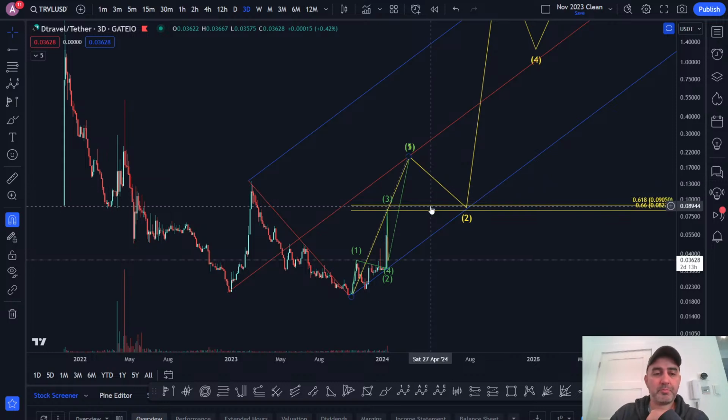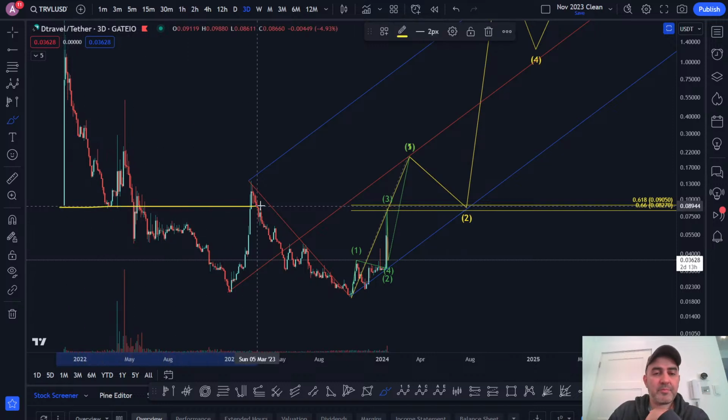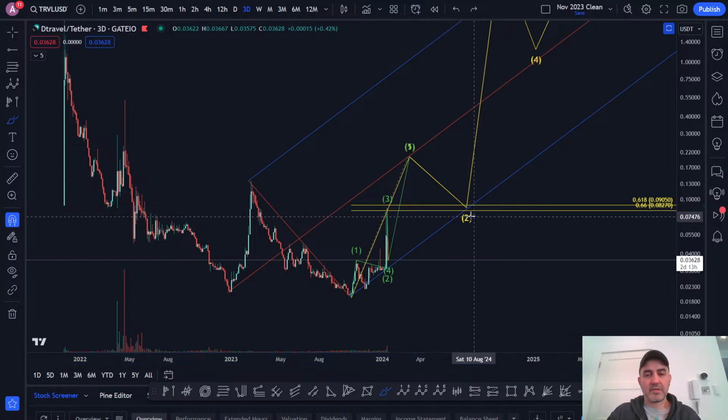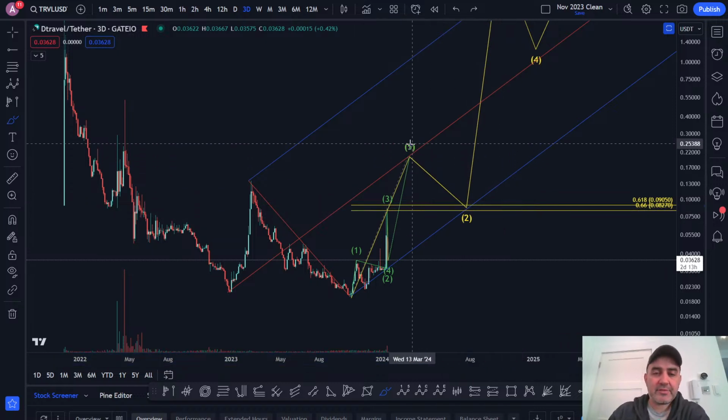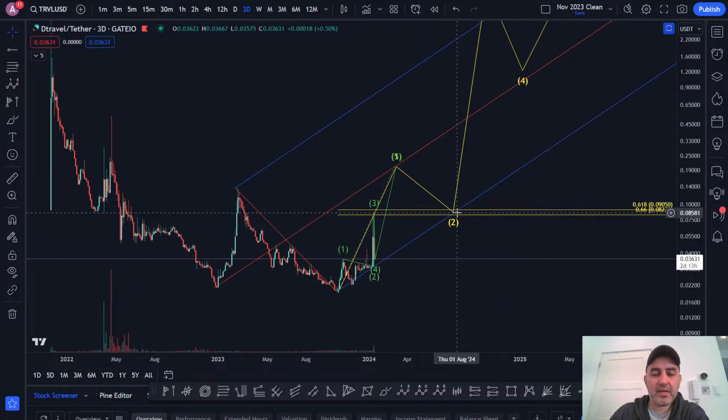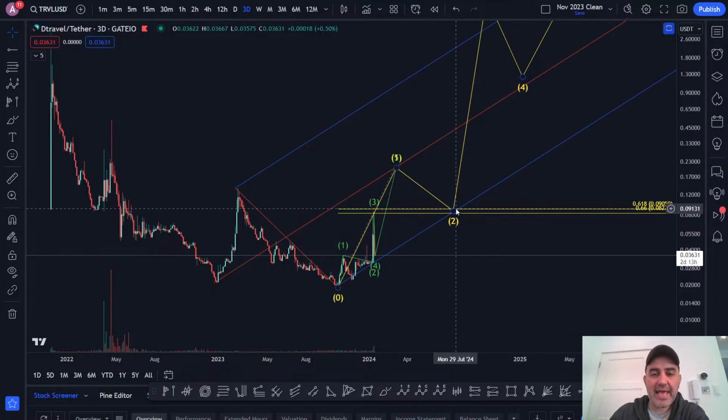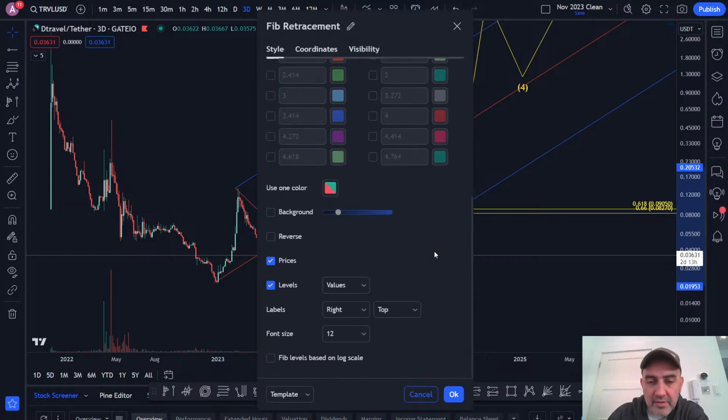Which would actually make sense. It would make a lot of sense for this to play out this way. I'm not saying it is going to happen, but I think once we break 9 cents, then what you want is for people to defend 9 cents. That's the level to break, and that's the level to hold. And that would be a higher time frame wave 2 complete, and it would also land, just make sure this is the, oh god,